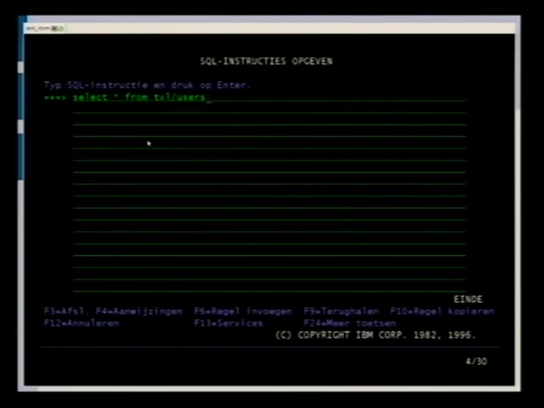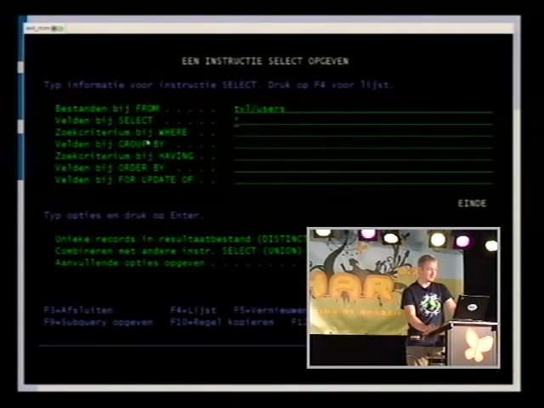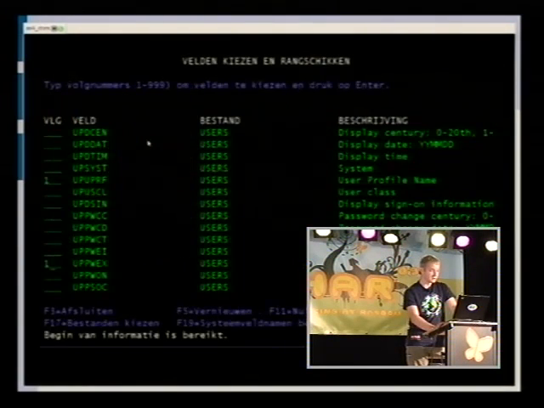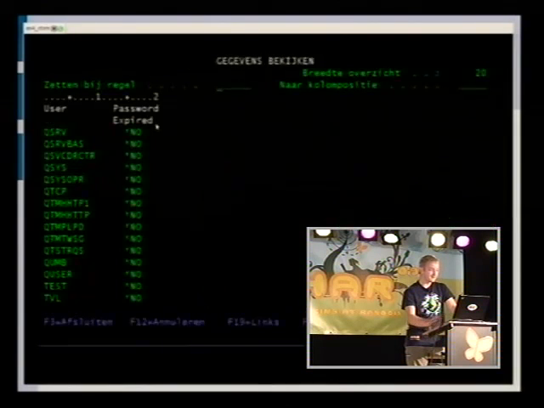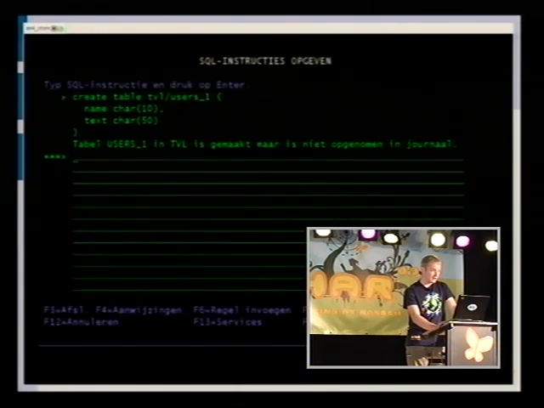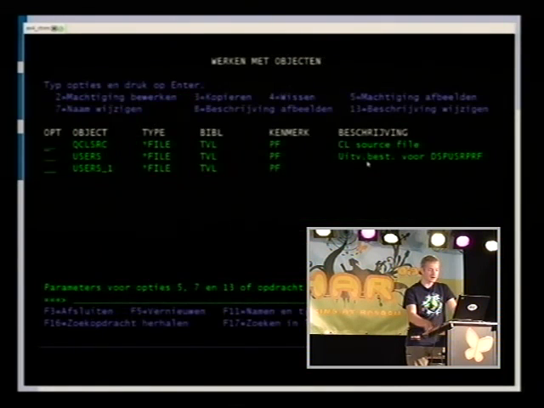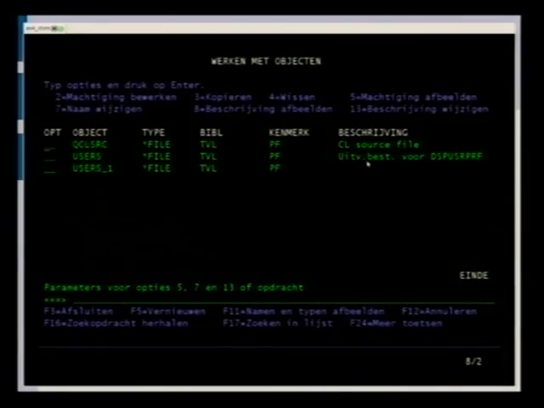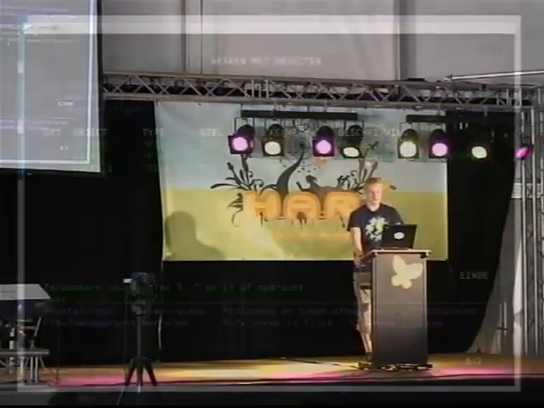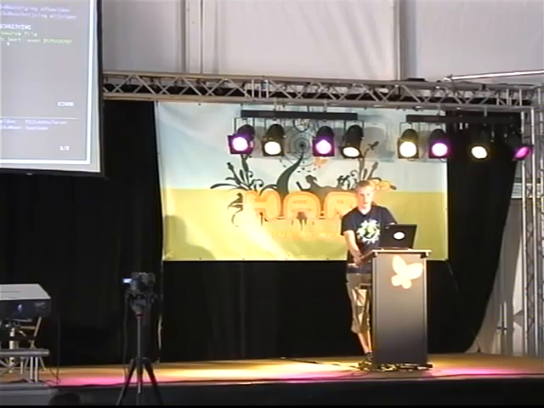This SQL is also promptable, so you can select fields and just choose them for your query. You can also create new files with SQL and put some data in it. As you can see, these are all objects of type file on the file system.